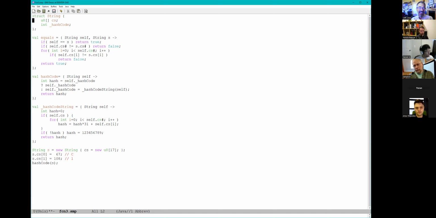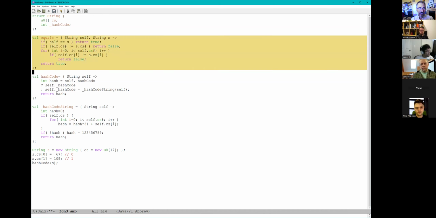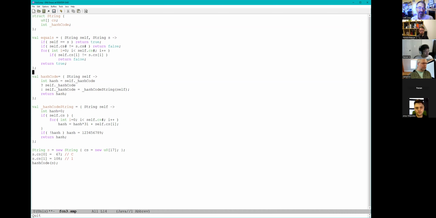The next one is that in the body of string, it's a forward reference. And it doesn't know that it had a CS field because it was at the bottom. So all the references to CS fields inside of here were complaining about being forward references. Better error messages would help, but I pulled all these functions out. If I had them as methods inside the body of string, they would get access to the full set of string fields. I would have to sort out the forward reference problem there. It's all doable. Pulling them out let it work as expected.